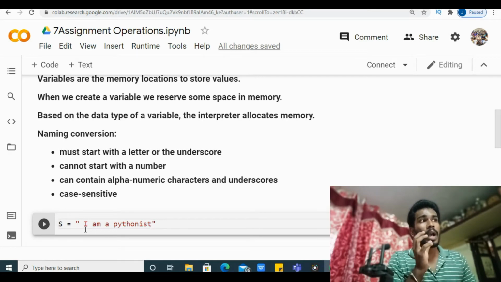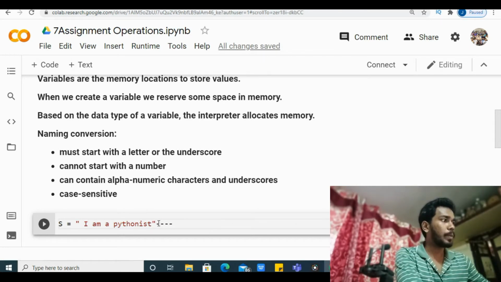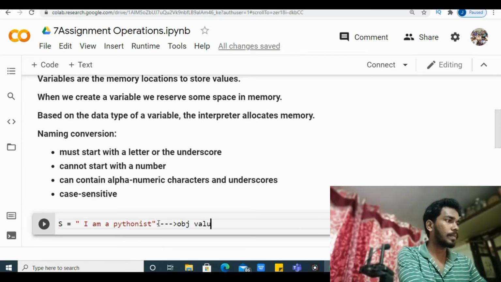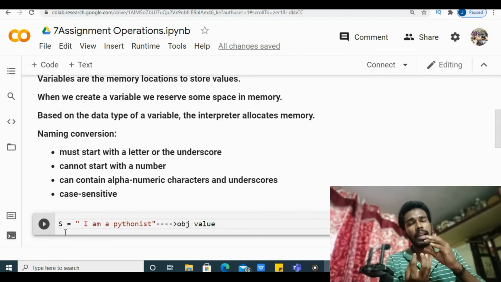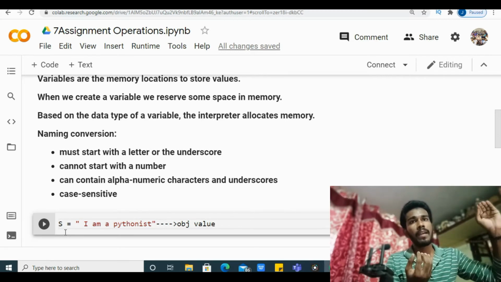This is called an object value, and this s actually refers to that object value. The memory address of "I am a Pythonist" will be stored in s, so that memory address will point to the value.